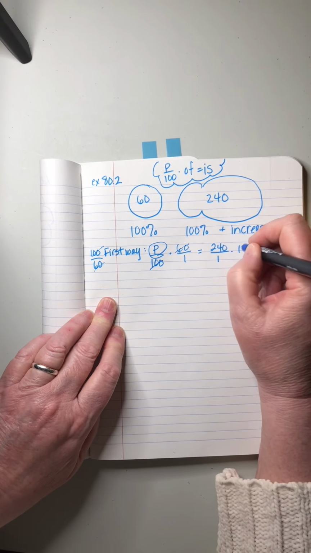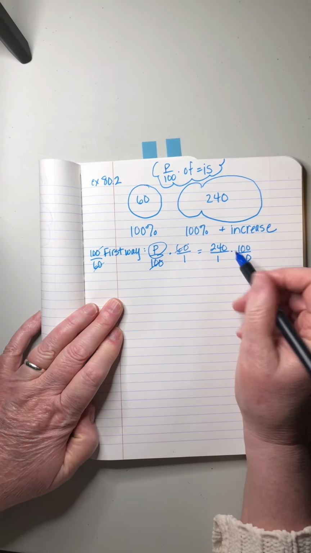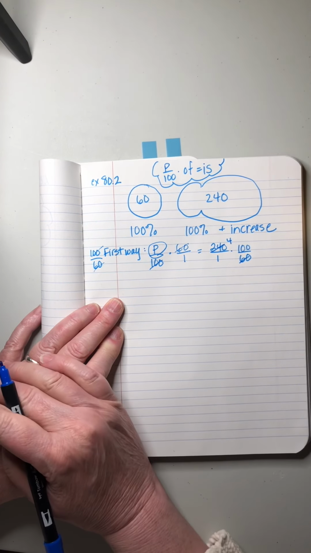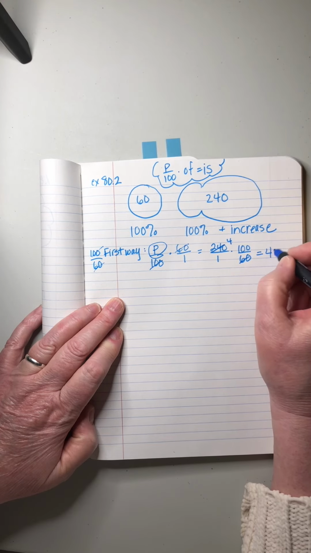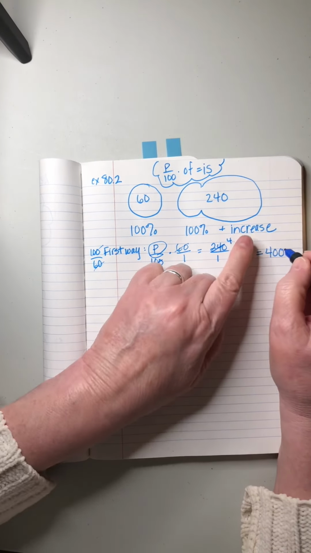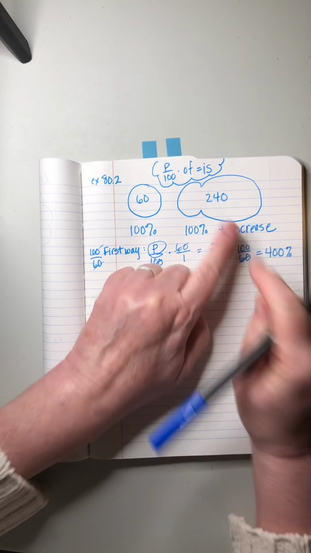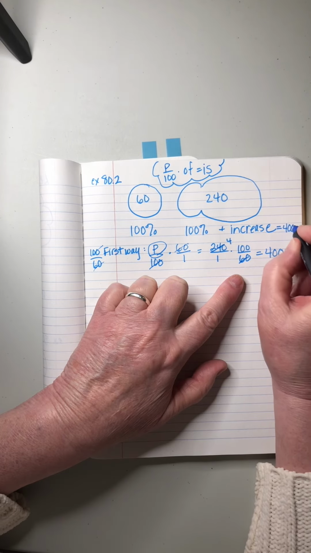This I have to multiply by 100 over 60 to keep it in balance. 60 goes into 240 4 times. So what that means is that our percentage, the total percentage of this group, equals 400%,